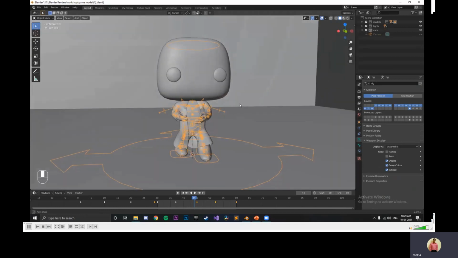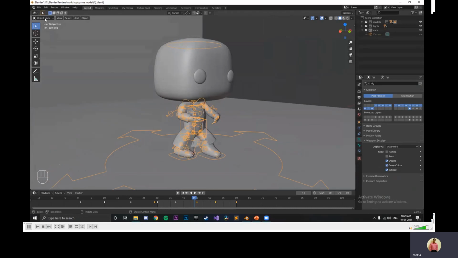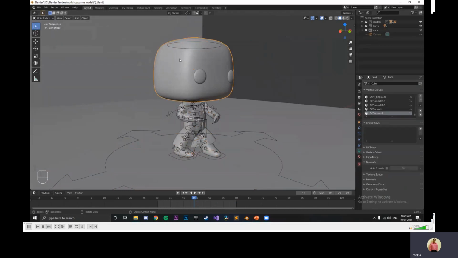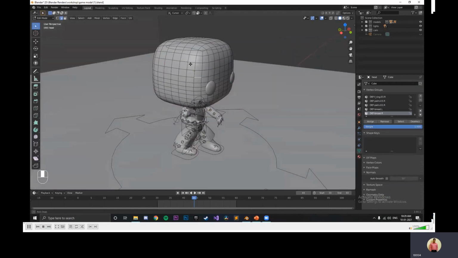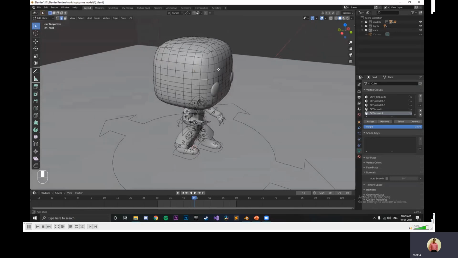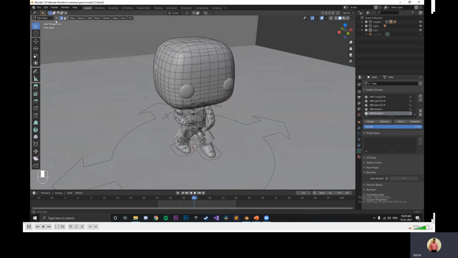Okay. Now there are two modes in Blender. One is object mode, which is over here. You can see edit mode and pose mode. Edit mode is to edit the mesh however you want. Say I go here, I click on edit mode, and I can move this however I want. I can select different vertices, edges, and faces. Okay, but right now we will focus on animation.